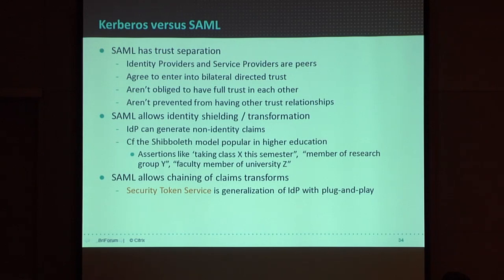And of course, SAML, as we've seen, you can do interesting things. You can actually hide the identity of a user in your organization from the relying party. You can instead just tell them what they need to know. I don't know if you've ever heard of Shibboleth. It's part of the Internet 2. It's one of the Internet 2 projects that was looking at how to do things in university environments where people wanted to do things like anyone taking this particular class this semester, they're allowed to access this sort of academic publication, let's say, or people in this research group in that university can access the research results from another group in another university that they work with.